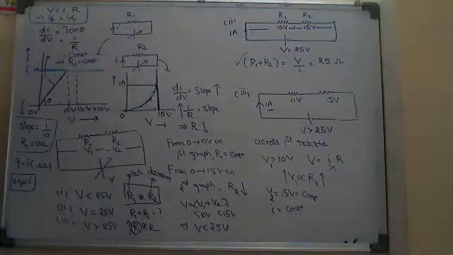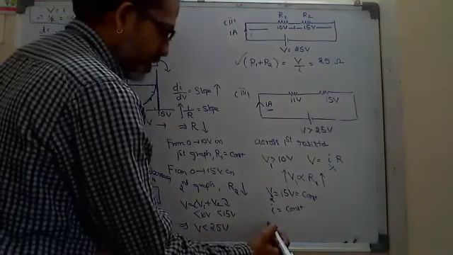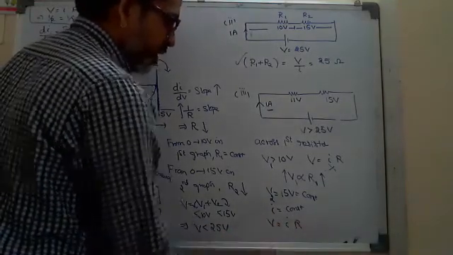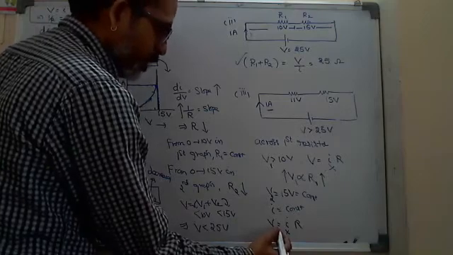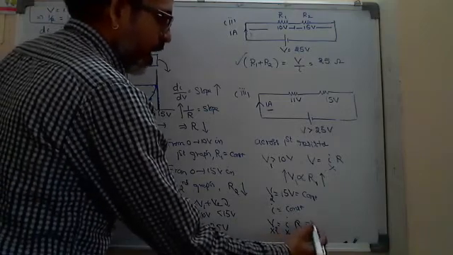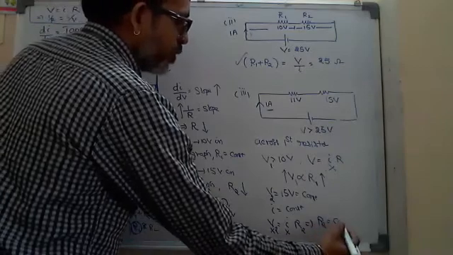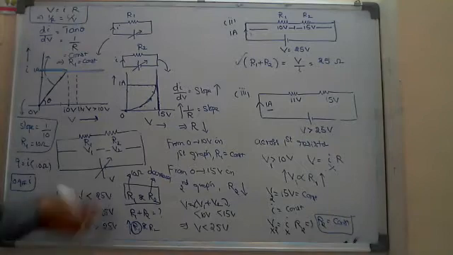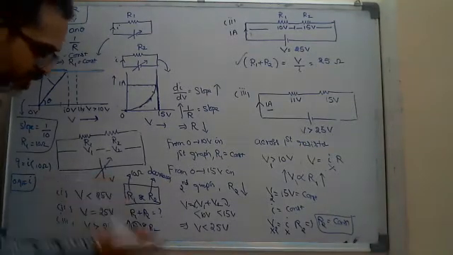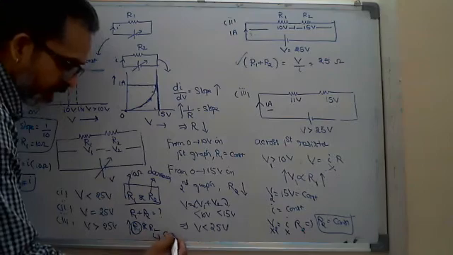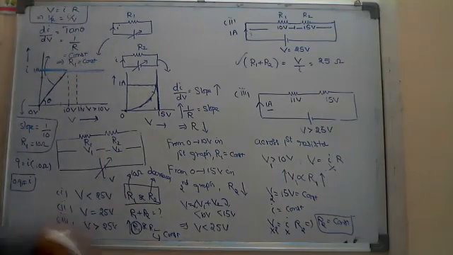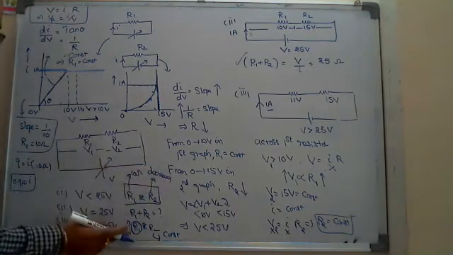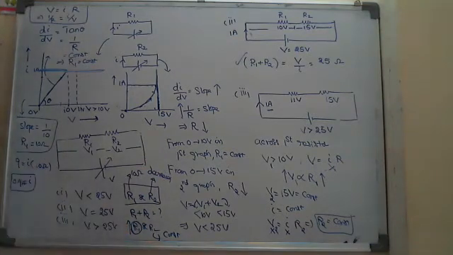Then what can I say? According to the formula V equals IR, I is constant, V2 is constant. Then straight away I can say R2 is constant. So look here. Previously R1 is constant, now R2 is becoming constant. Previously R2 decreases, but here R1 is not decreased, R1 is increased. Is it clear?